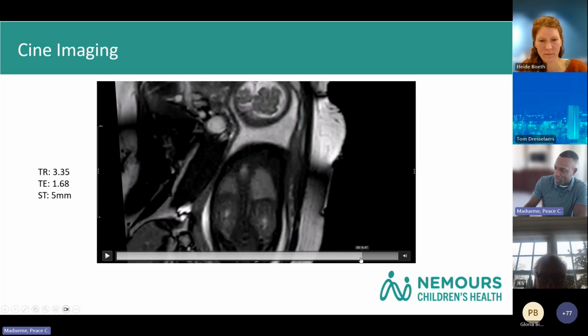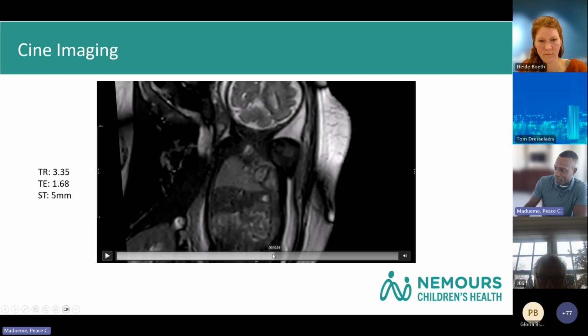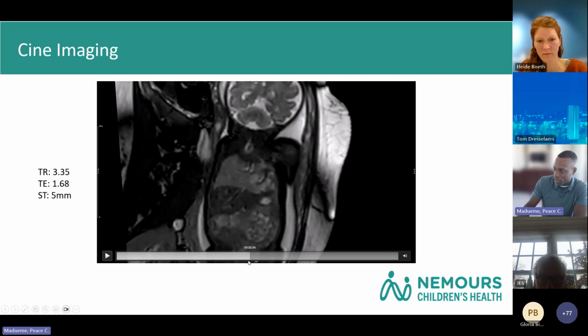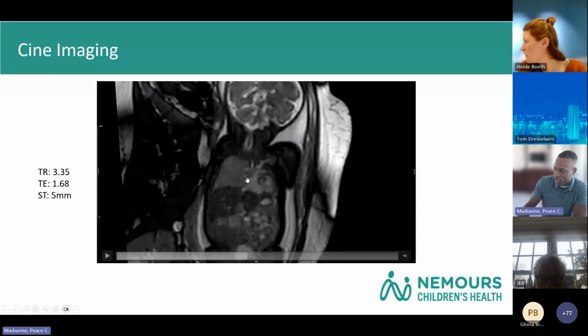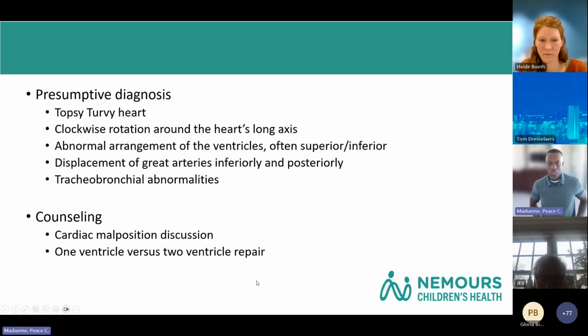So we had some black blood imaging, some TSE imaging as well that I won't show in the interest of time. And this is also showing that here's your right main stem, and the left main stem was very hypoplastic, in keeping with the diagnosis of this patient, which from the fetal cardiac MRI in the setting of the left lung hypoplasia and the very, very small left main stem bronchus, we thought this was topsy-turvy heart.